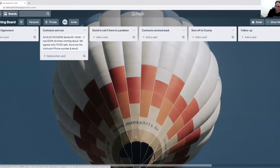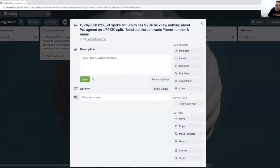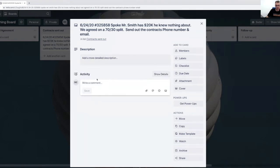If the contracts are sent out, she follows up with him, makes sure he received the contract, and if we can go ahead and schedule a notary unless he has one. A lot of people have their own notaries, like at the bank or their neighbor, which is great. But if they don't, we will follow up and schedule a notary. So 2 things happen here. Number one is if she schedules a notary, she'll just write a comment, this would be her, but